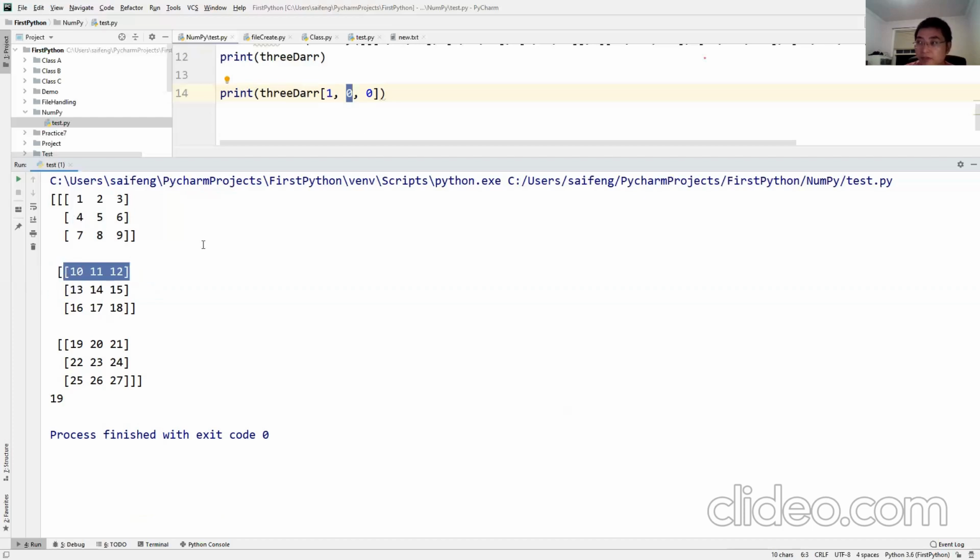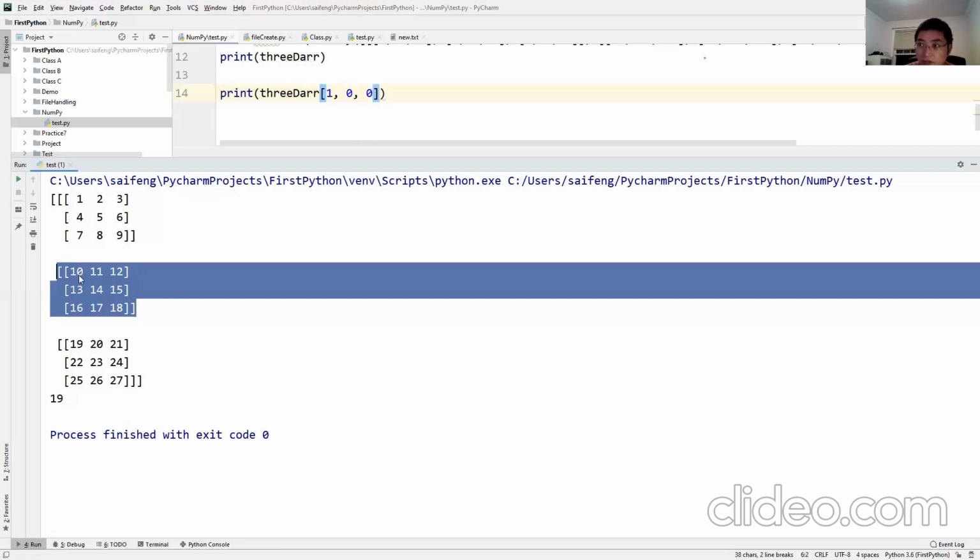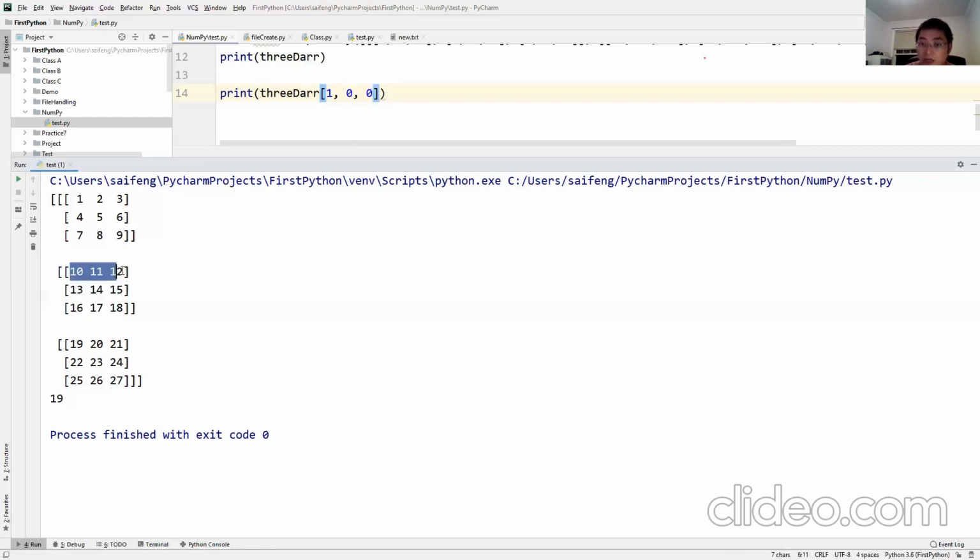Inside this 2D array, this is the first row. The index is 0, right? And the column is the second column, so the index is 1. That's it.